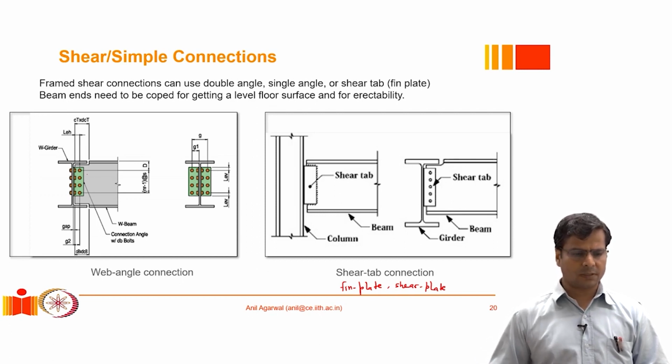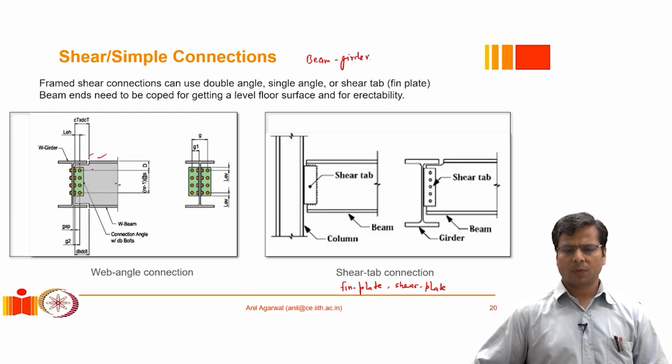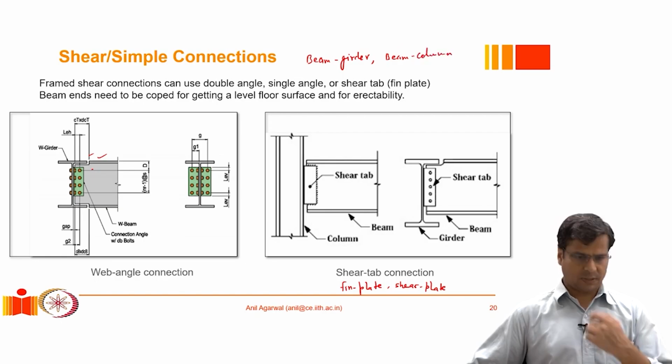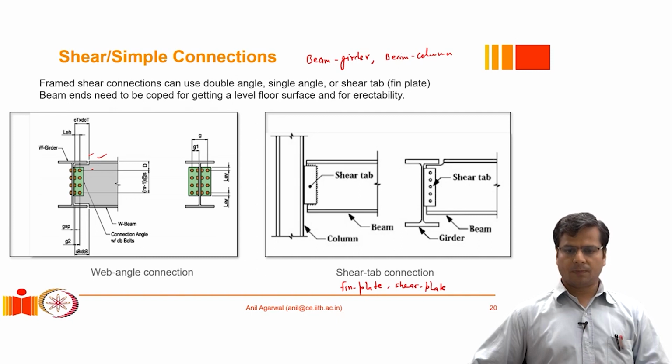So I think we have discussed this in somewhat detail. So both these connections, shear tab connection as well as web angle connection, they could be utilized when we want to join a beam to a girder. So it can be used for beam girder condition or beam girder joint. It can also be used to connect a beam to a column or a girder to a column. They are the same thing. So they are more versatile in that way because only the web is being connected, so we don't need many other things. Now when we use them